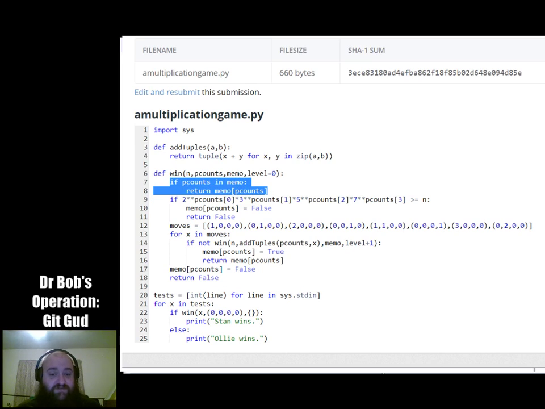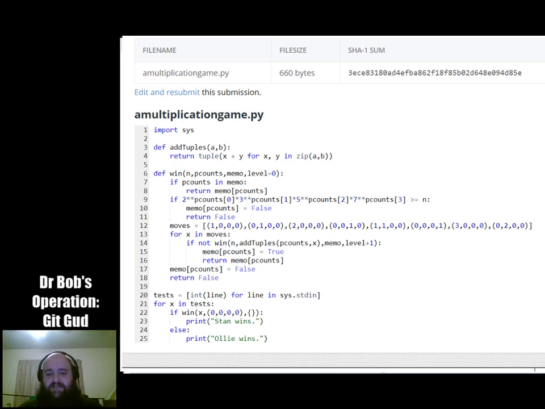So, as I said, the first thing I do is check to see if I already have an answer. And you'll note that the answer only depends on the state of the game, the number of values of each prime.